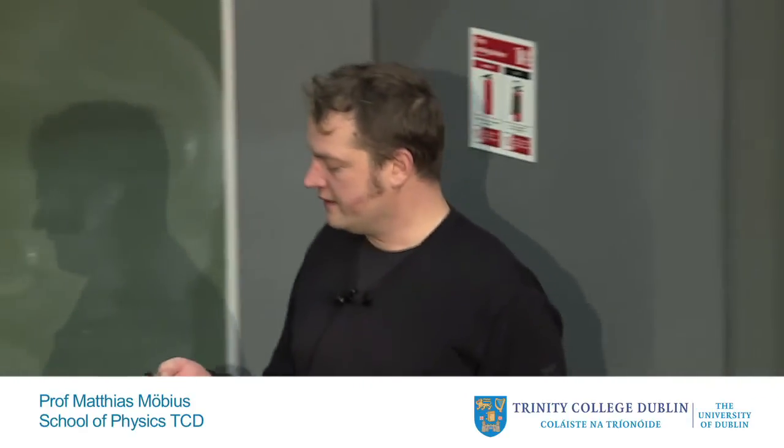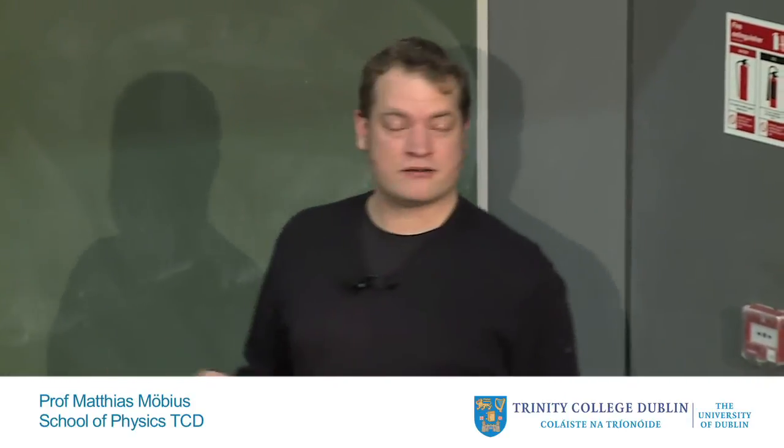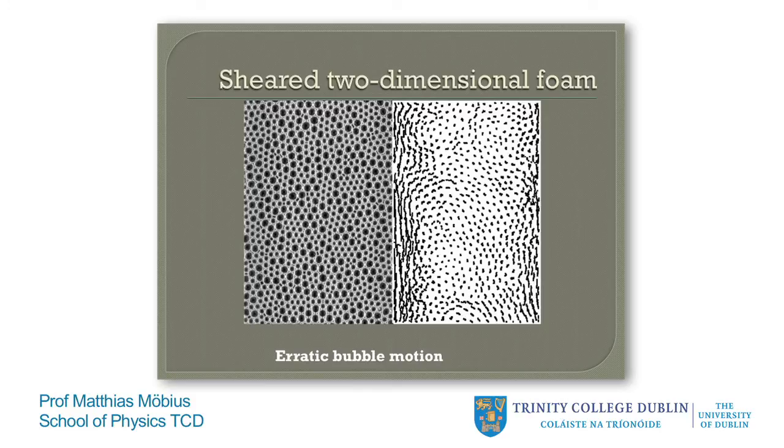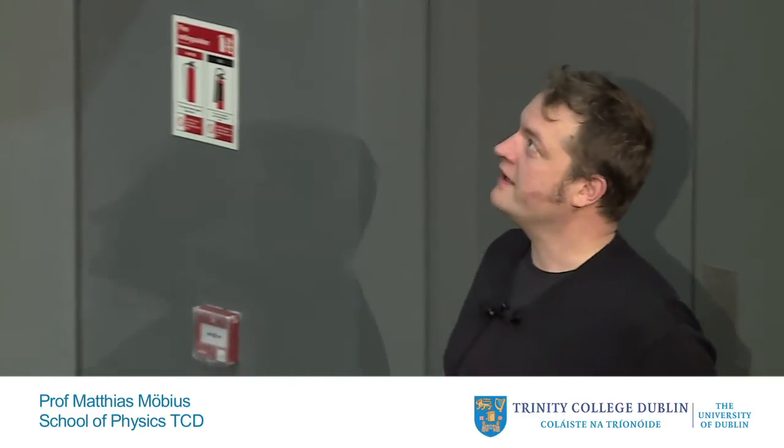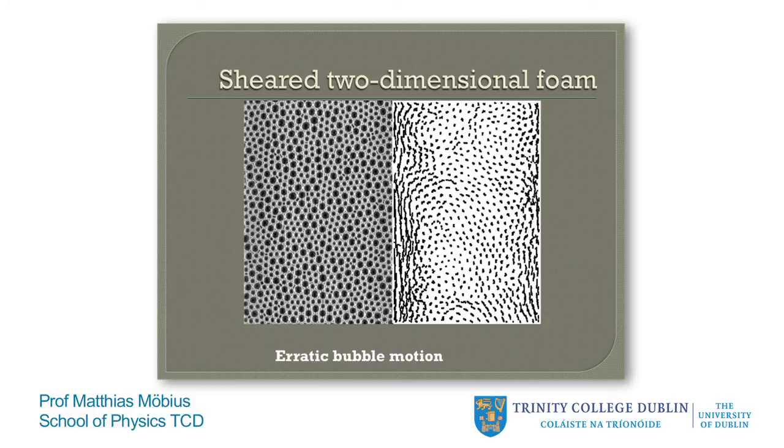And the dynamics are quite complex. To give you an example here, this is sheared foam. These are air bubbles, and we shear them, and these on the right are trajectories of these bubbles. And you can see there are these collective correlated rearrangements, and they determine how this material flows. And if you want to understand how foam flows, you have to disentangle this dynamics and understand it. Yeah? This is sort of active research, if you will.